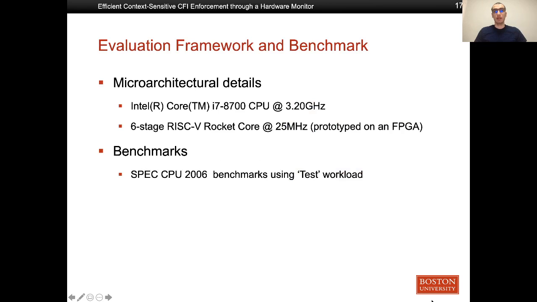We evaluated both PT-based micro CFI and PHMON-based micro CFI. For PT-based micro CFI, we use an Intel machine operating at 3.20 GHz, and for PHMON-based micro CFI, we use a 6-stage RISC-V Rocket core prototype on an FPGA. We use SPEC CPU 2006 benchmarks to evaluate